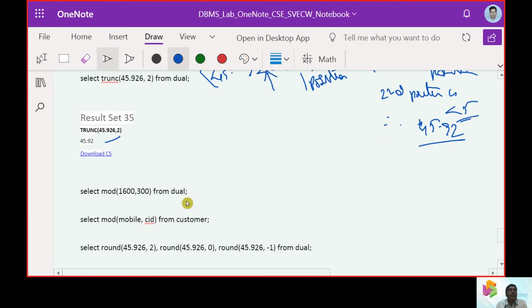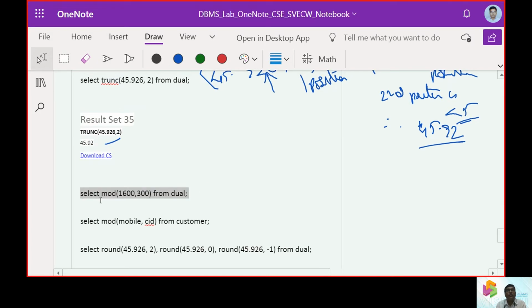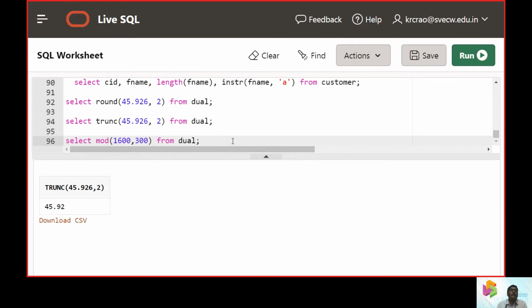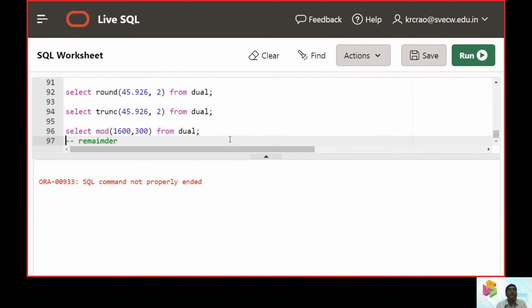This is quite interesting, and we can even look at it with the modular function. When we work with the modular function, it picks up the remainder part. So for that we will use mod from dual.